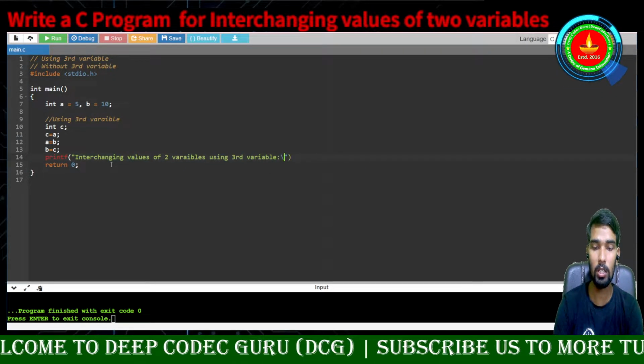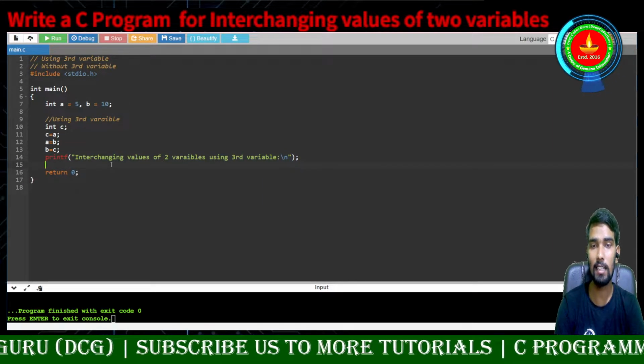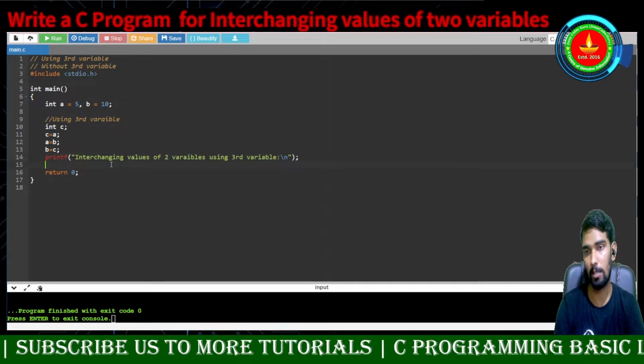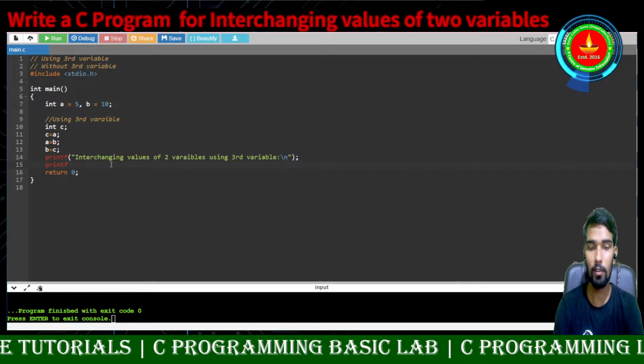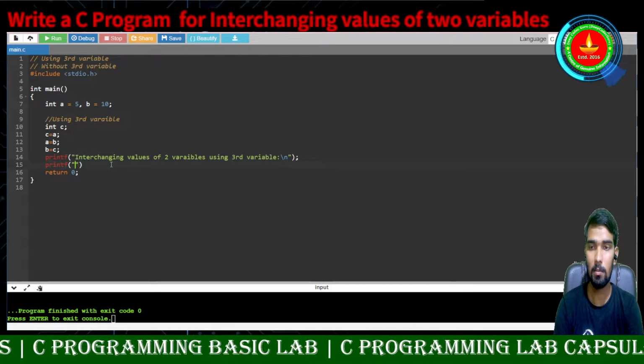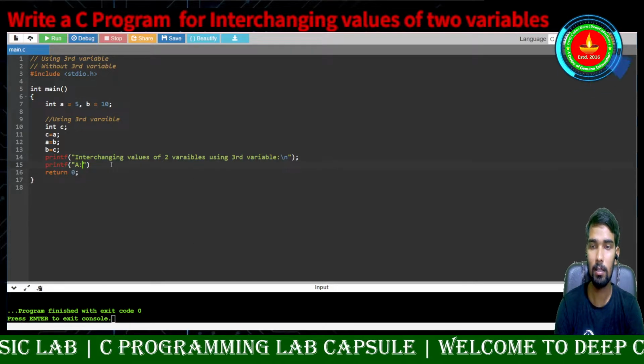And here I am putting backslash n to break the line. So we use backslash n to break the line in a C program. Now we are going to print the value. So printf of, how much is the A value? The A value will be here.